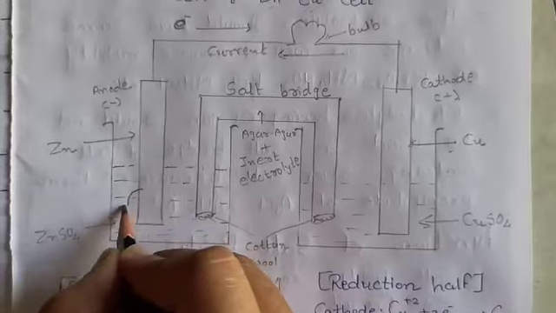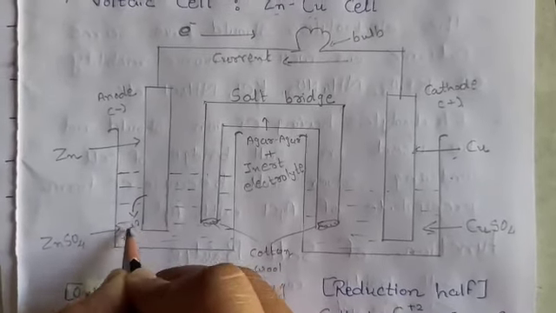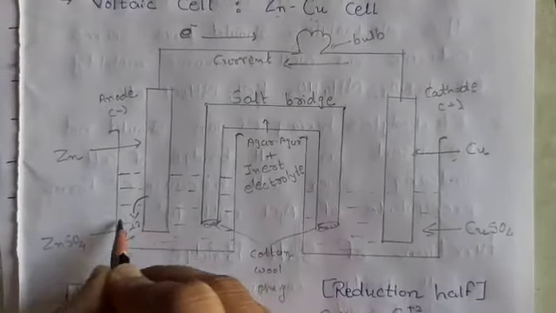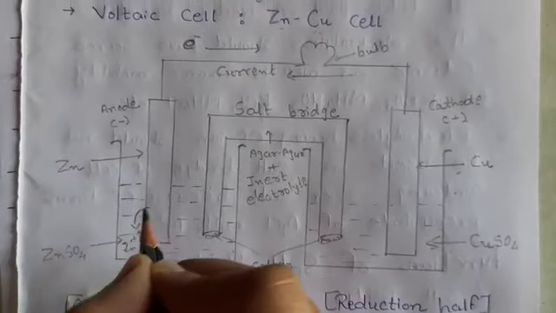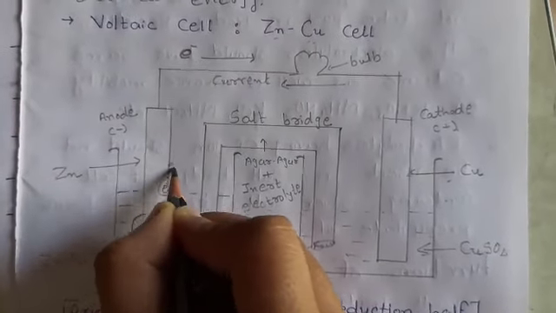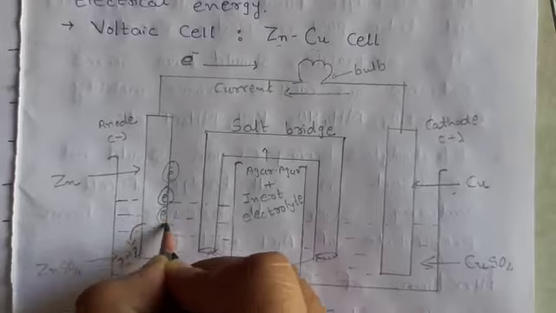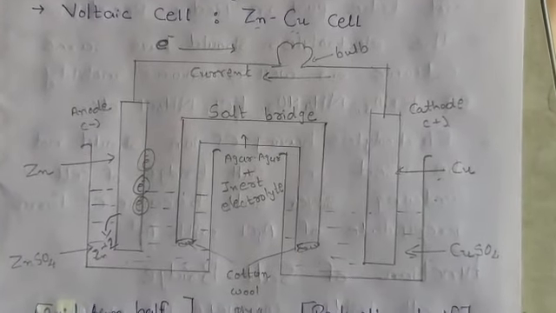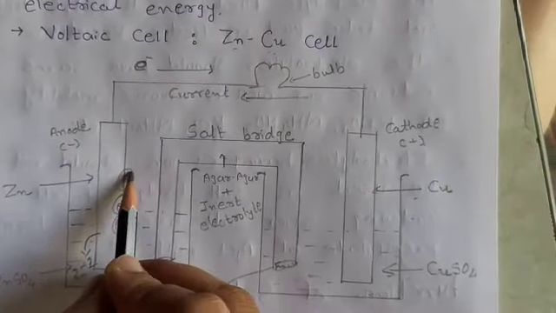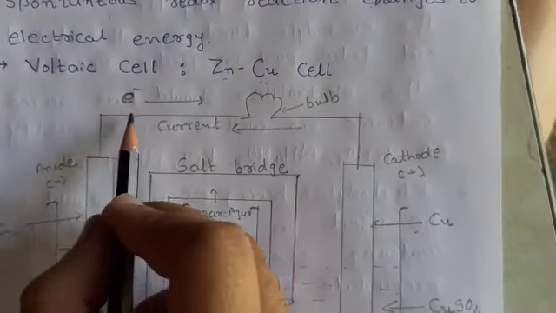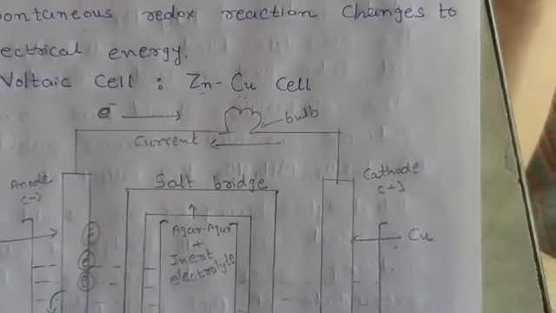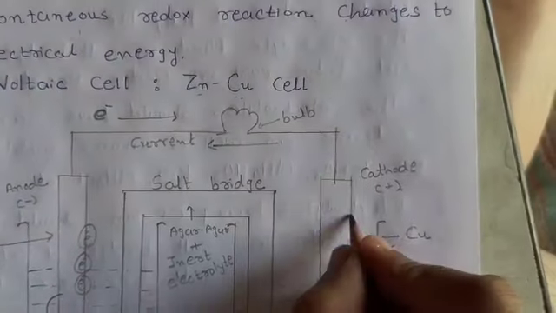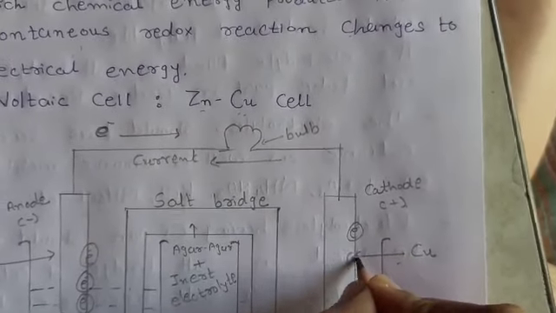Means from this rod, Zn+2 ions go into the solution and electrons will be released. That electron travels through this circuit, right, and comes to this electrode,